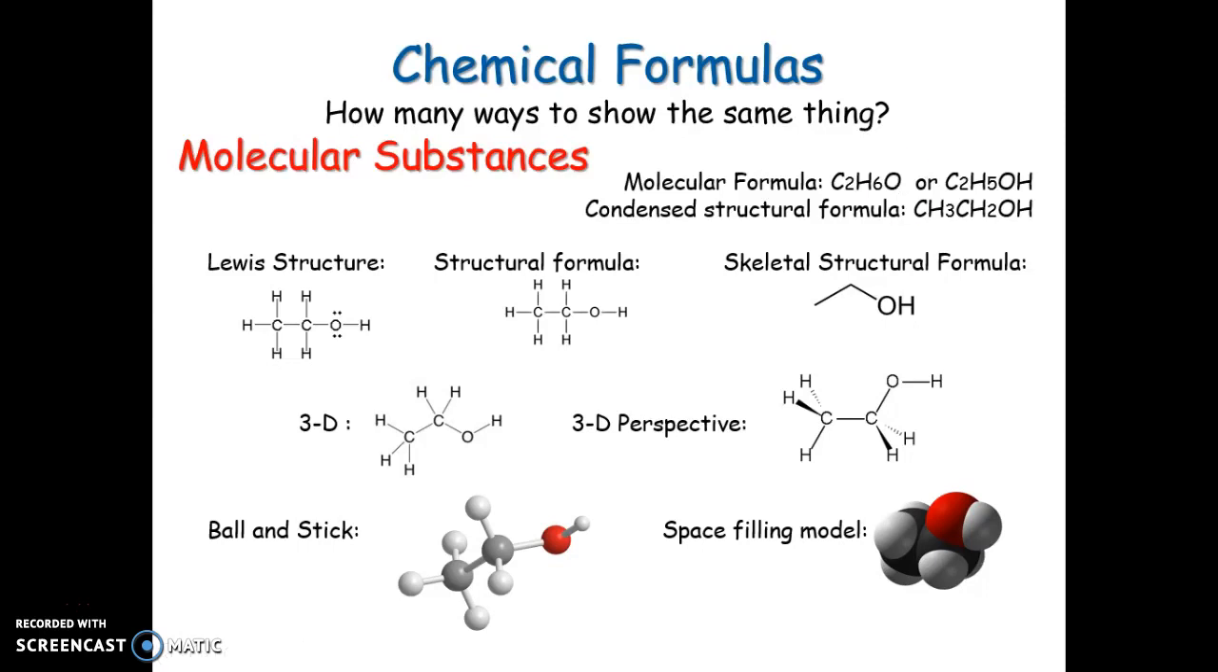Sometimes you wind up with what's referred to as a condensed structural formula, which shows you a little bit more detail about the structure than the molecular formula does. So here you just know you have two carbons, but here you can see that they've written the carbons separately. The first carbon has 3 hydrogens attached to it. The second carbon has 2 hydrogens attached to it. And then you have an OH, which again doesn't show in this molecular formula,